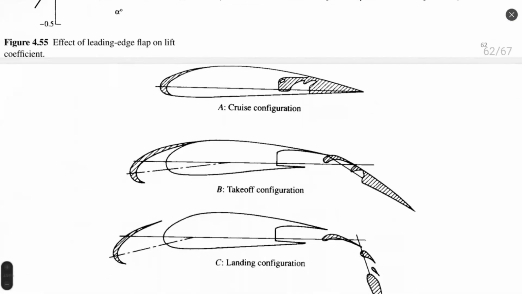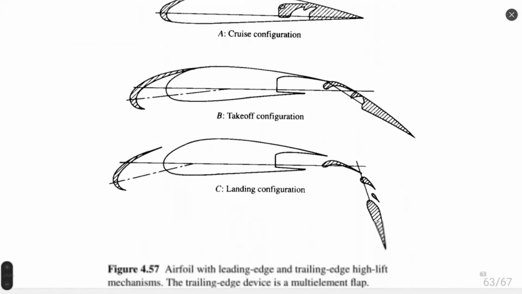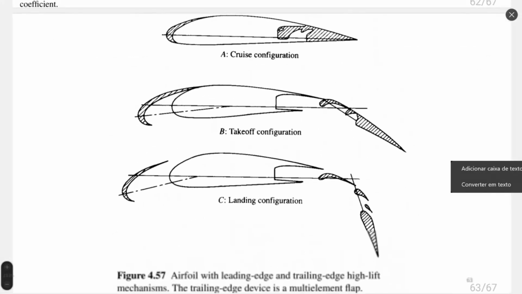Okay, a more complex configuration can be seen here: an airfoil with leading edge and trailing edge high lift mechanisms. The trailing edge device is a multi-element flap. It's extremely complex from a technical and mechanical point of view, a device which allows us different configurations of operation. There is a cruise configuration when the wing